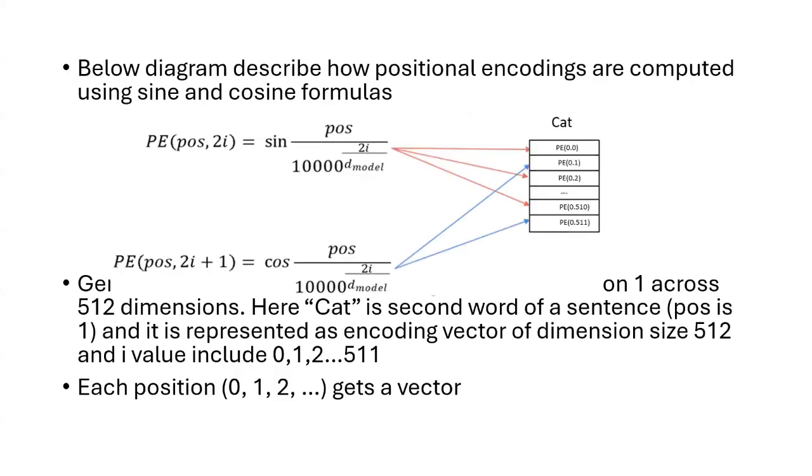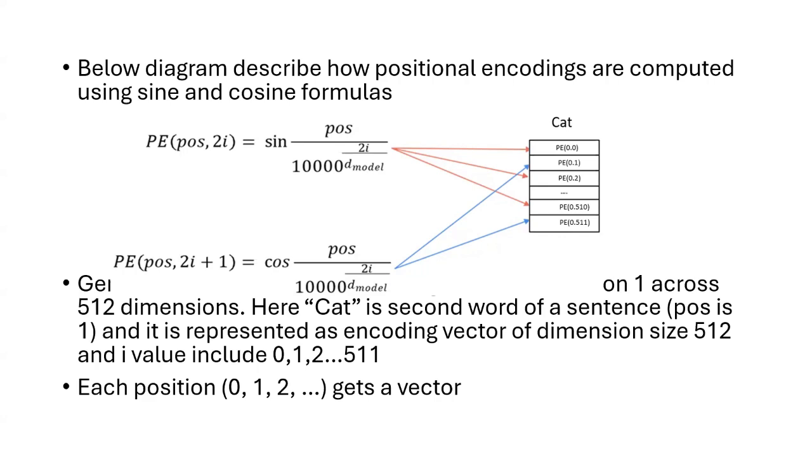How is it calculated? It is a little complex. Simply, we use sine and cosine functions, and this formula is used where we have position and dimension. This formula is used internally to calculate the positions. I think it's okay if we don't go into detail. Just you need to know that we can calculate the position of every value of the